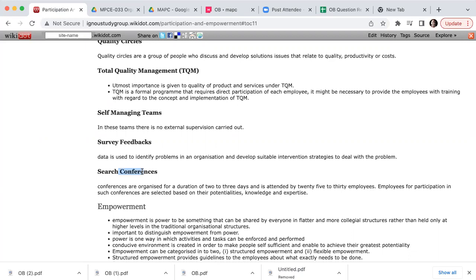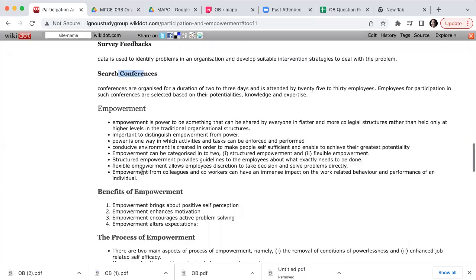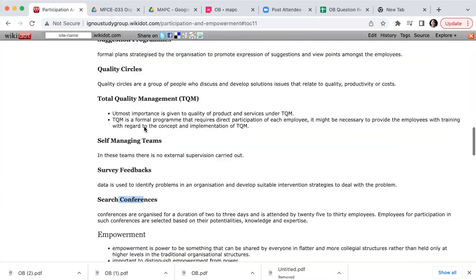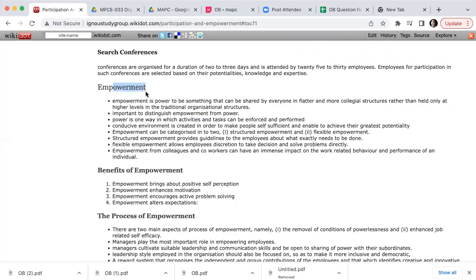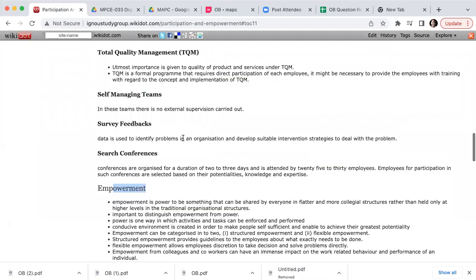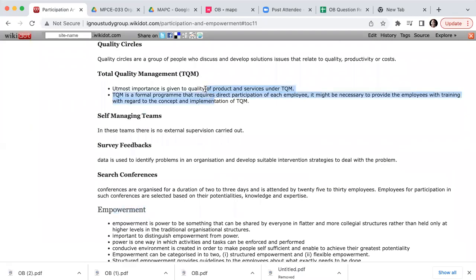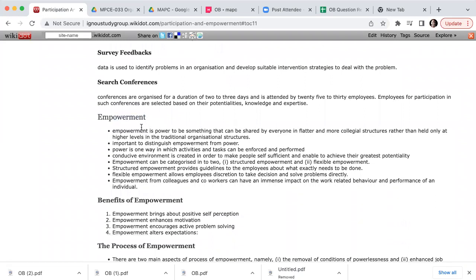Typically there are 2-3 days of workshop that would happen, where you bring some 20-30 employees together and then talk about the topic. So this finishes participation. Now we are going into empowerment. Empowerment is nothing but, see, first you asking people to come and join, let's do it together, is participation. Here, boss, you have all the rights, all the power to do a certain activity. That is empowerment, right? So employees feeling empowered can actually take their own decisions.